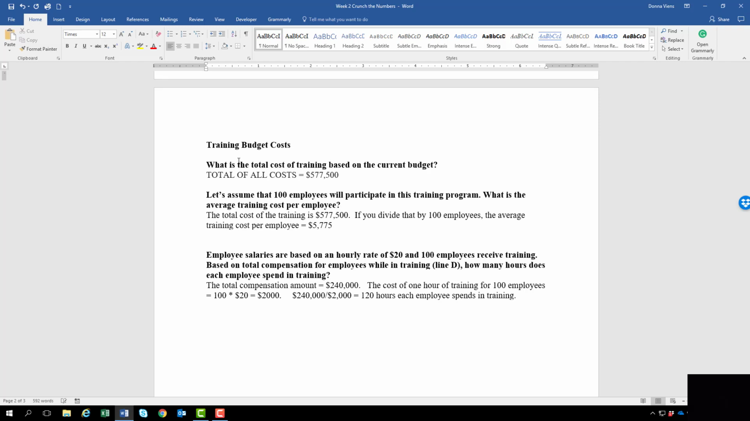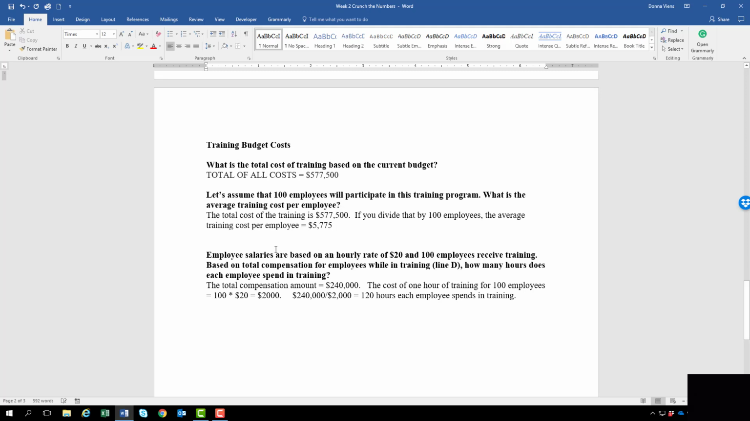What's the average training cost per employee? If you divide what we just came up with by the 100 employees, your average training cost is $5,775. So that's pretty easy little math problem there, just to get you to look at per employee